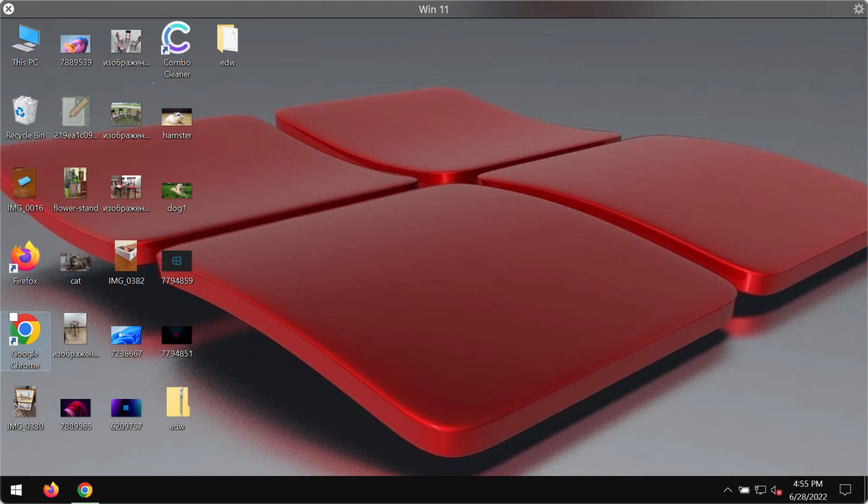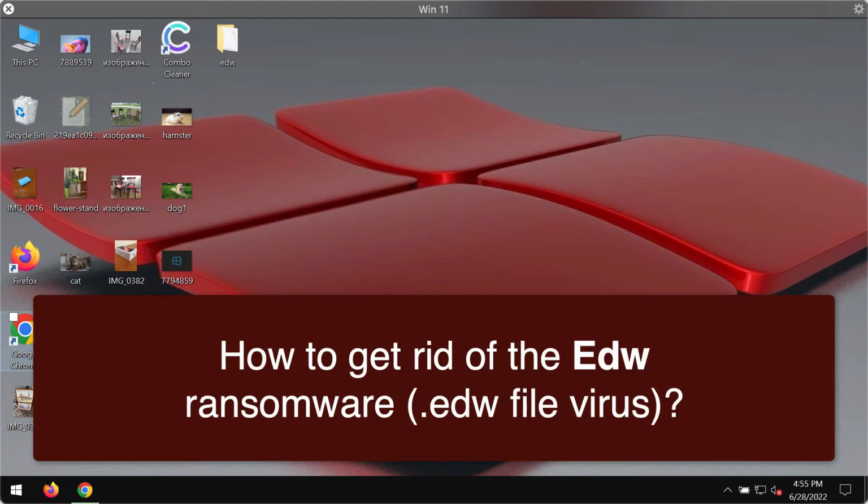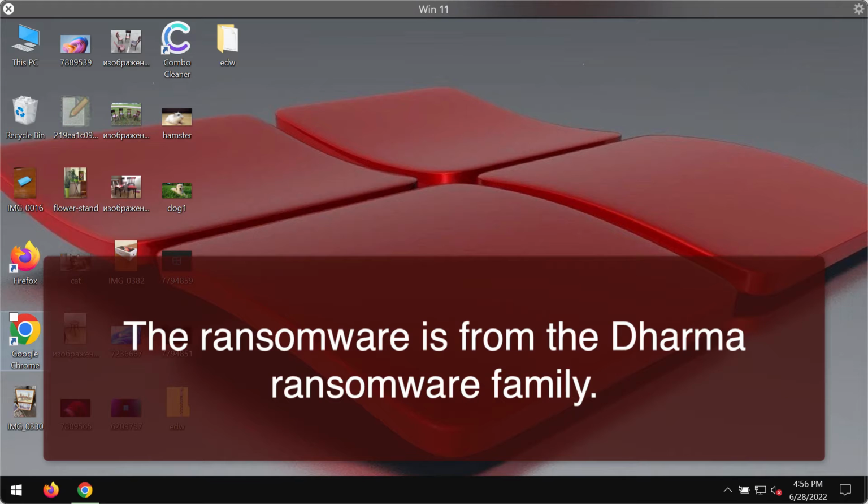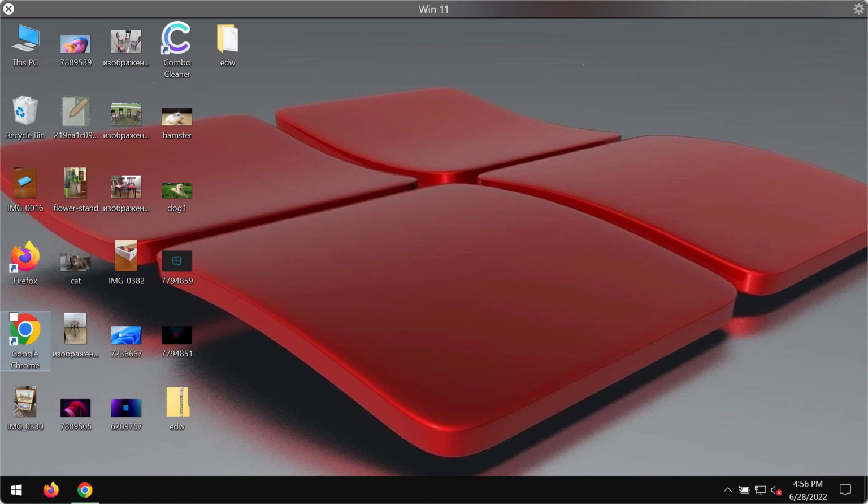My video guide is dedicated to help you remove the ransomware that is called EDW. EDW is a ransomware that encrypts files and then appends the victim's ID, email address, and finally the EDW extension to the file names. Then it generates two ransom notes. It displays a pop-up window and creates a text file named